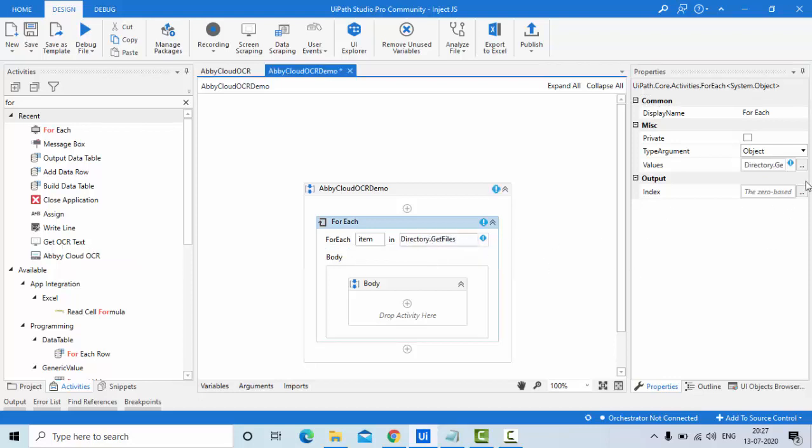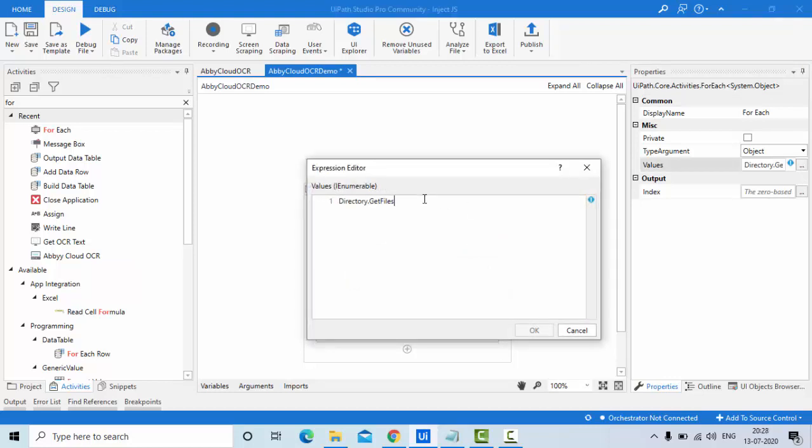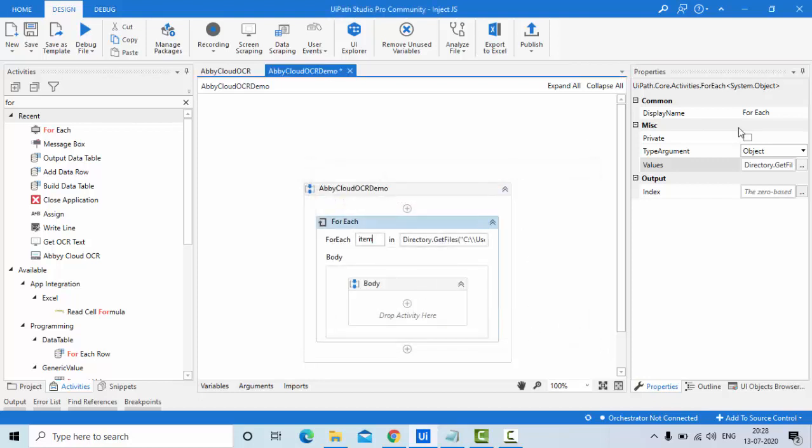Here, just pass the path. This is of string type.